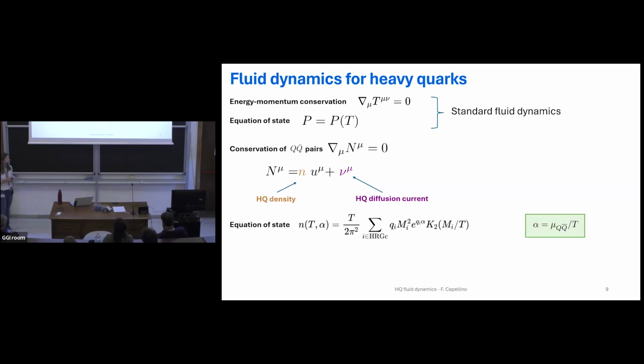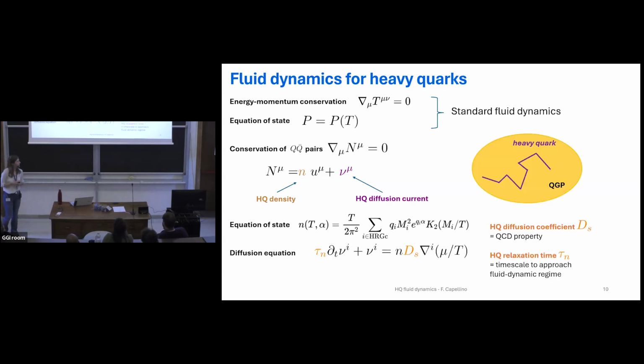Then we need to specify furthermore an equation of state for the charm sector. So we need to specify how the density of heavy quarks is related to the temperature and to alpha, that we define as the heavy quark chemical potential divided by the temperature of the medium. And for this, we use the hadron resonance gas of all charm states. And finally,